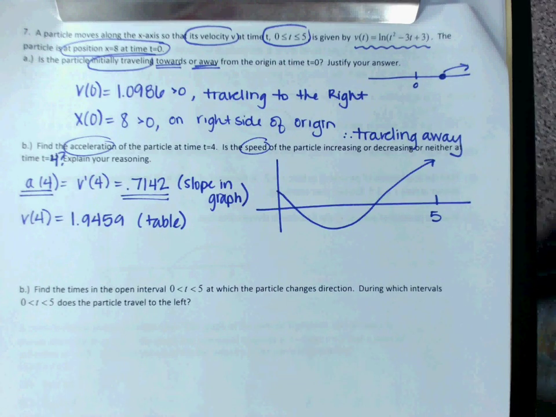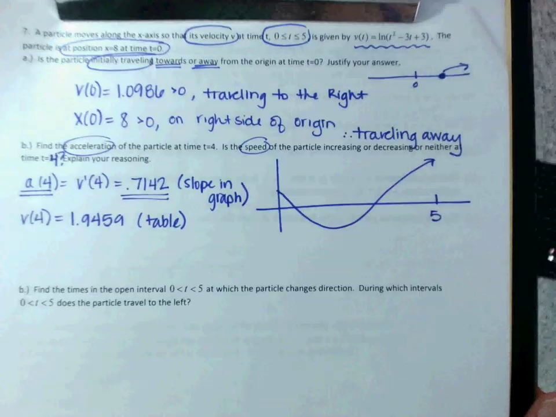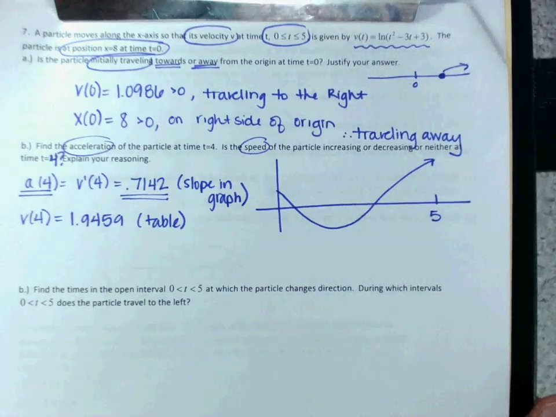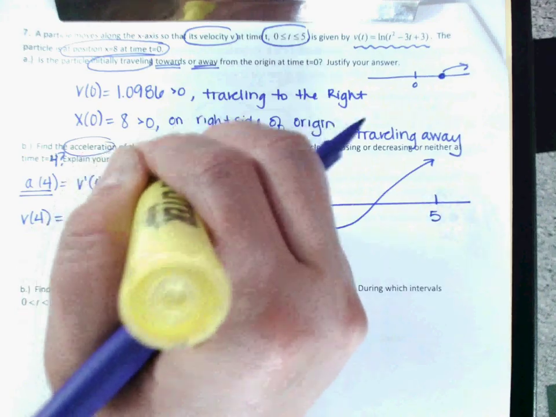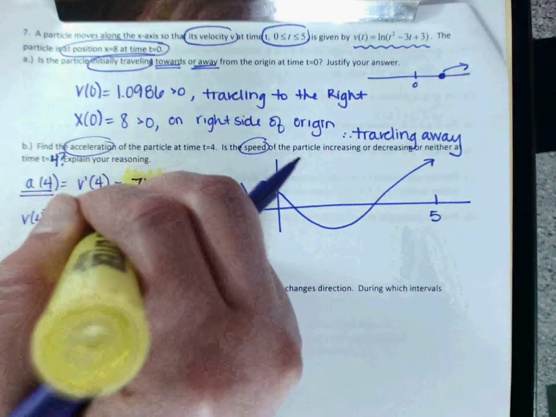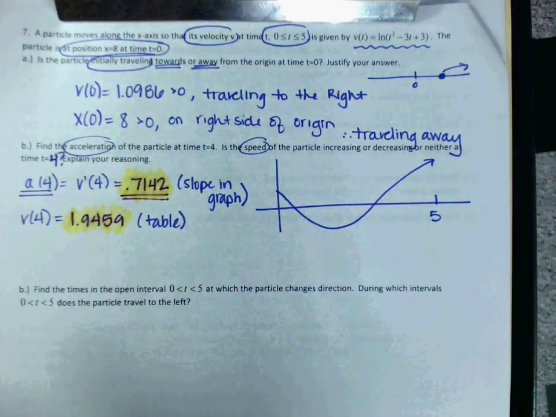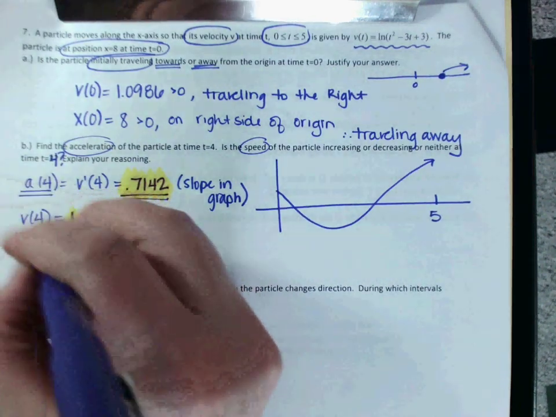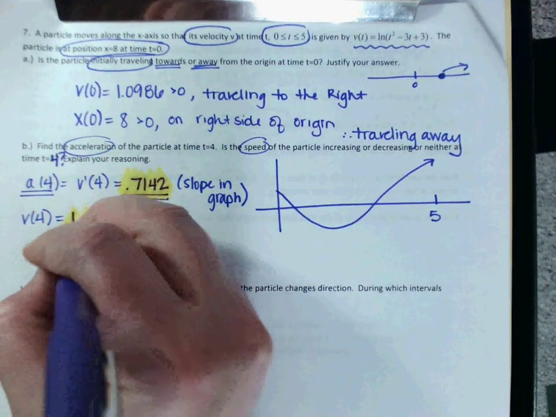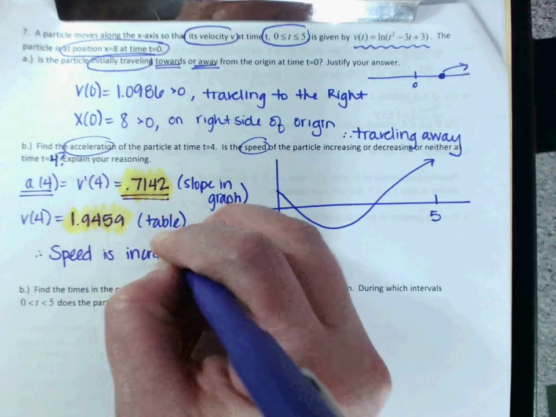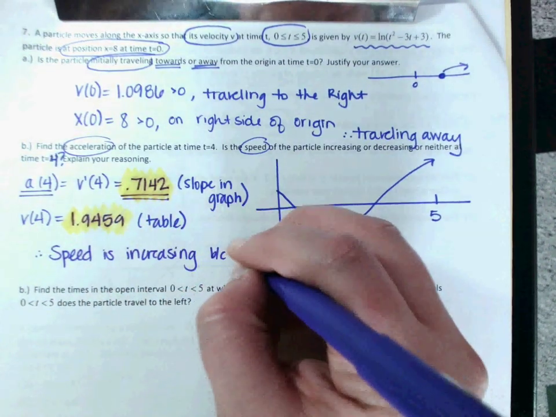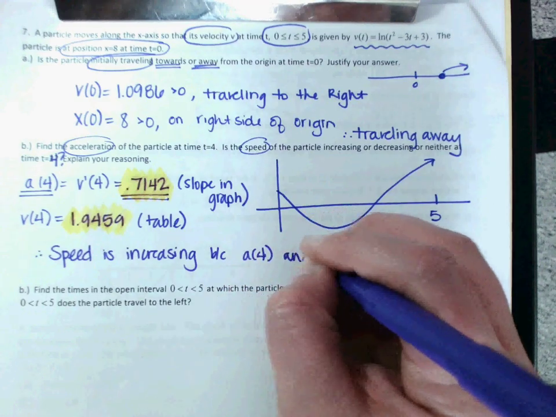Hopefully you remember that if you're considering speed increasing or decreasing, you're looking for whether or not these numbers have the same sign or opposite signs. That one came out to be positive, and that one came out to be positive. That means that the speed is increasing. So, therefore, speed is increasing because a of 4 and v of 4